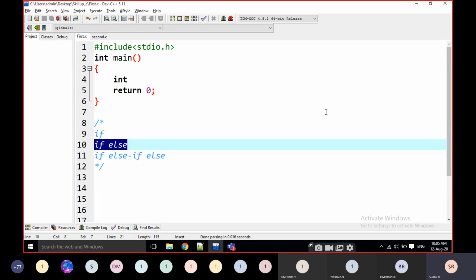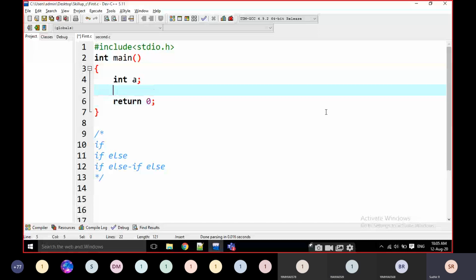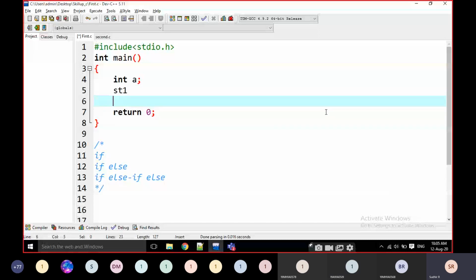When we go for if and else, first of all we have to know when we are going to choose if and else. For example, you are studying in 1st standard. If you qualify the final exams of 1st standard, then you are promoted to the 2nd standard, and then 3rd, 4th, 5th, like that. The previous program is also like this: statement 1, statement 2, executed line by line.